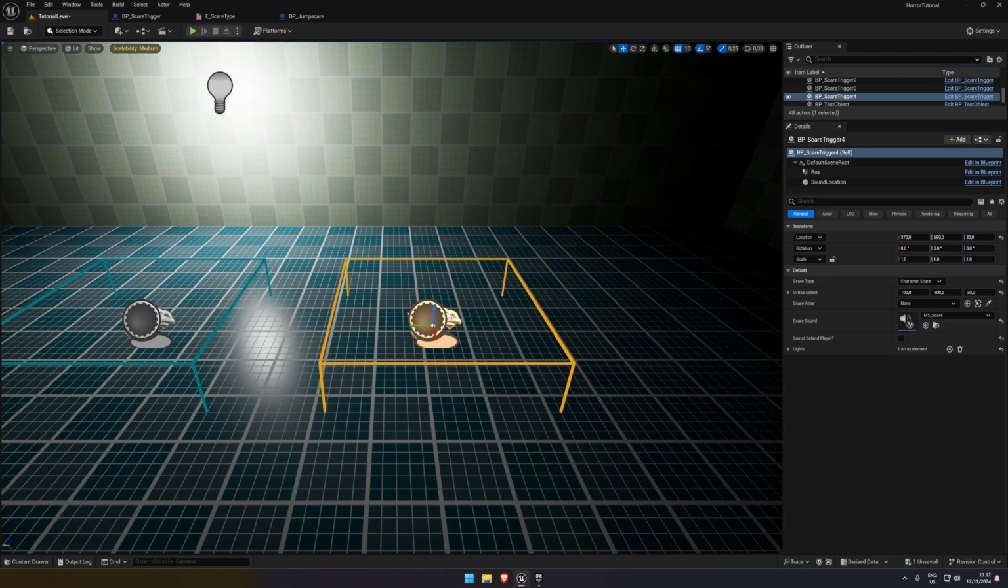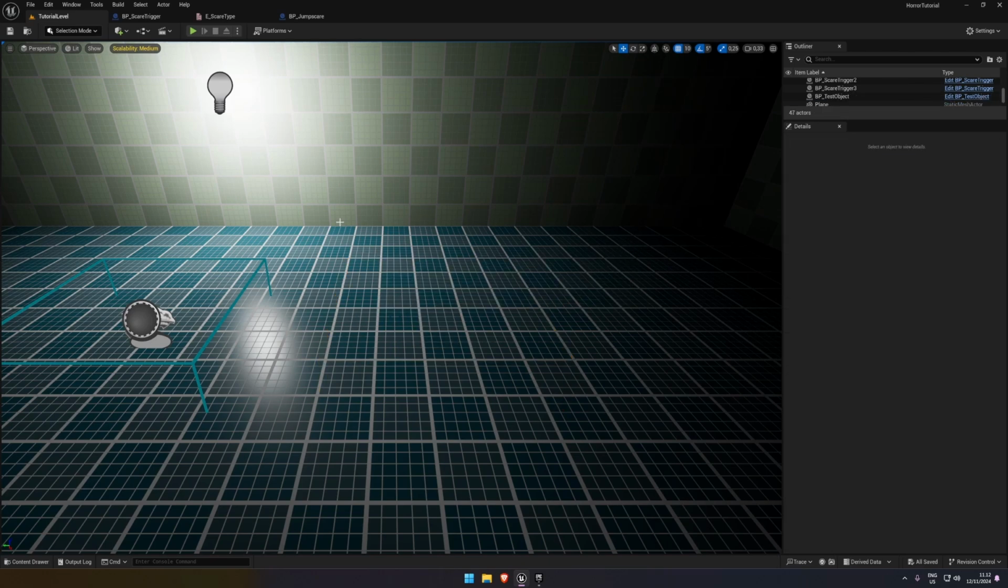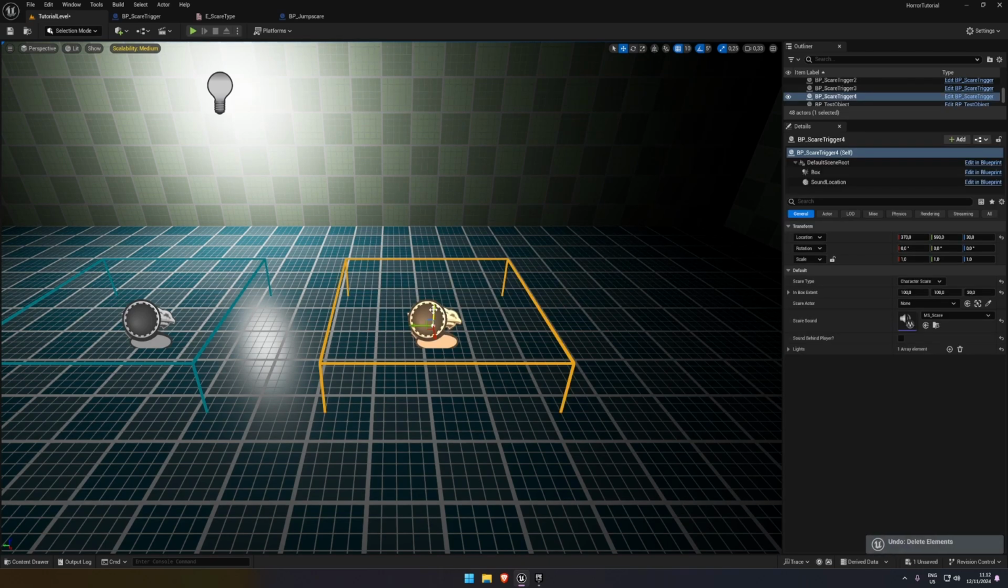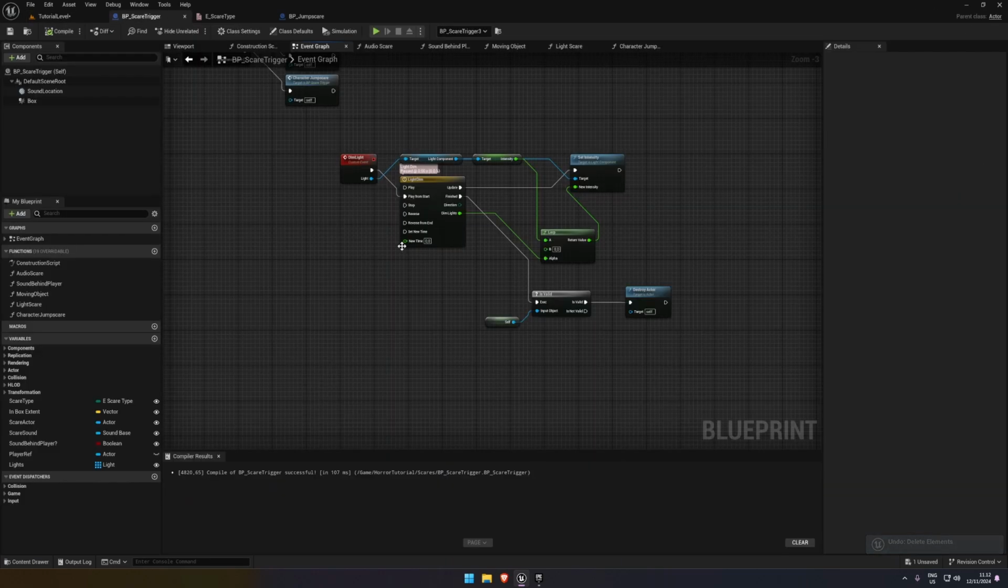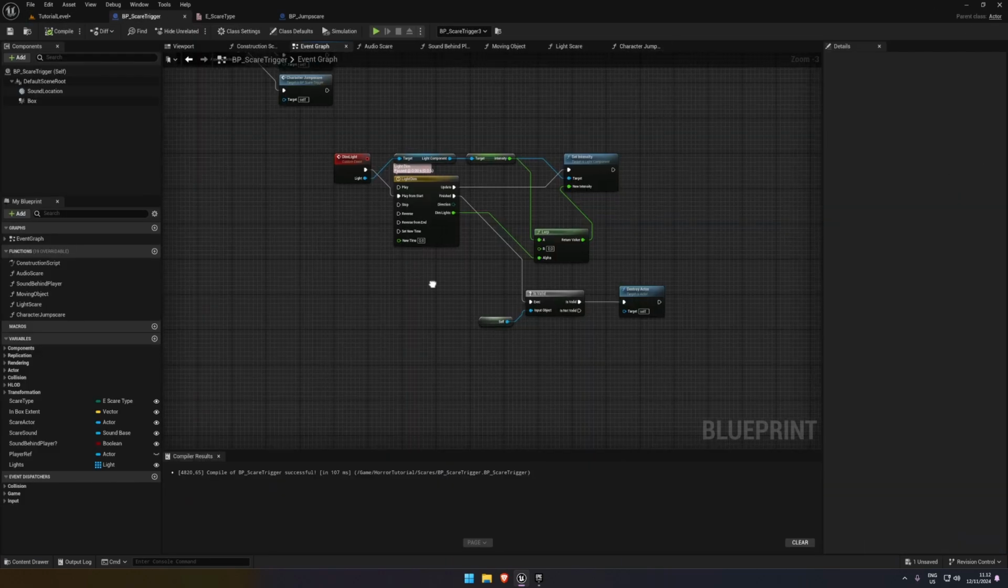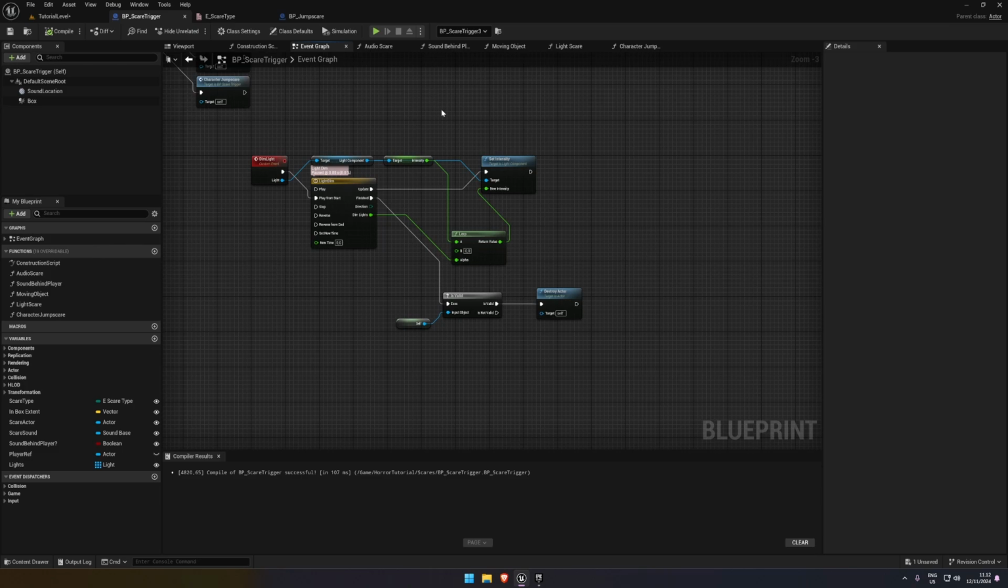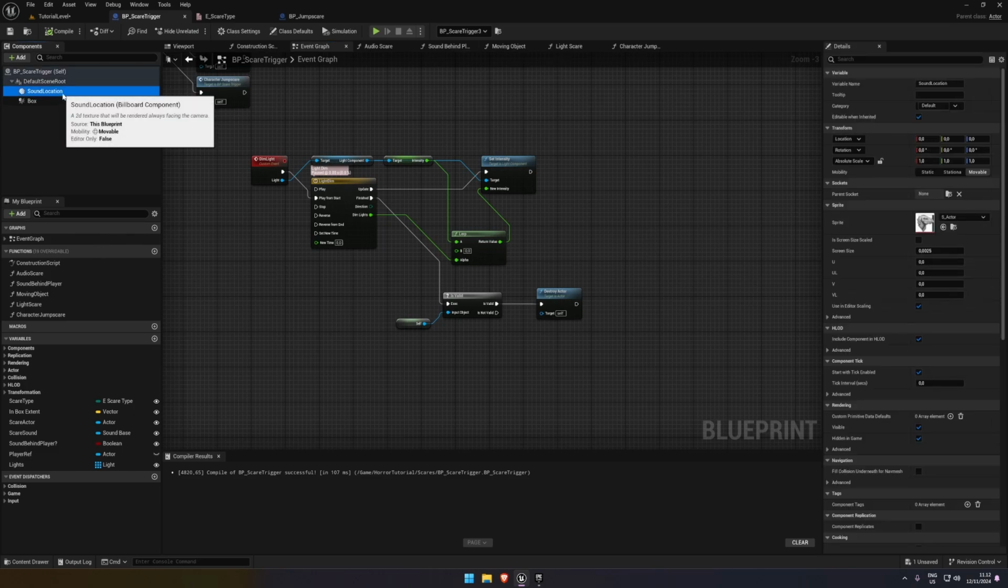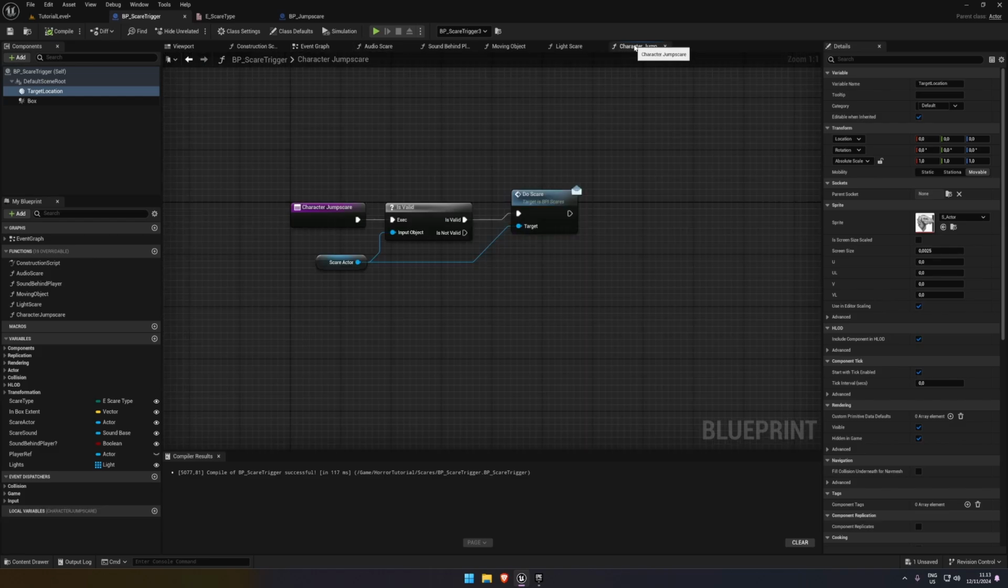Let's get rid of that. No, let's keep that. We'll add a new thing to here, a character jump scare. And then we will change sound location to target location, just so we can reuse it for this. So the character jump scare,